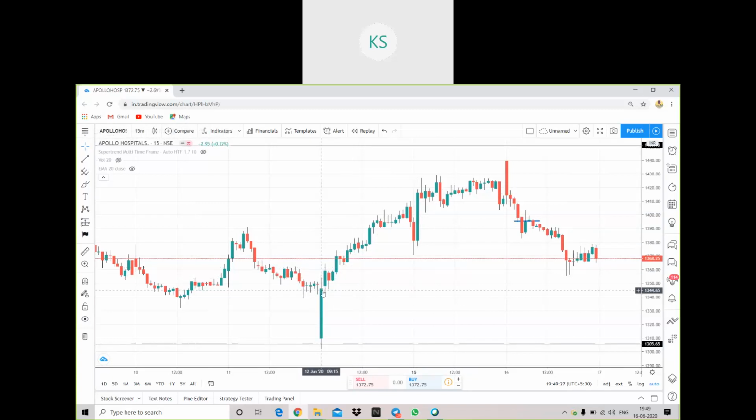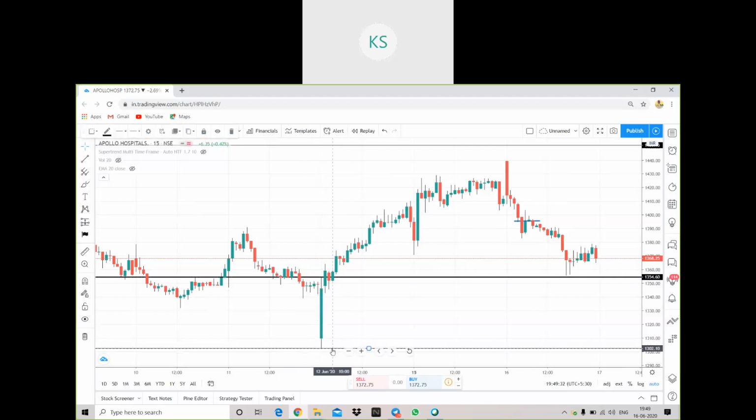So this is the first 15 minutes candle. Here I'll make the open range. This is it, and here it is one. So this complete thing is my open range. I got a closing on the buy side, that is in the upward direction. So this is the candle which has closed out of the range.